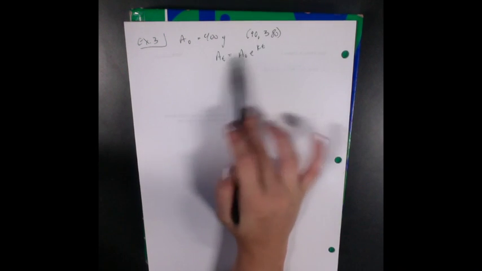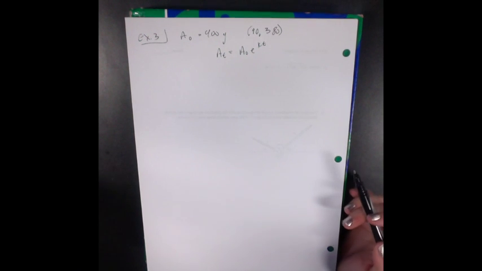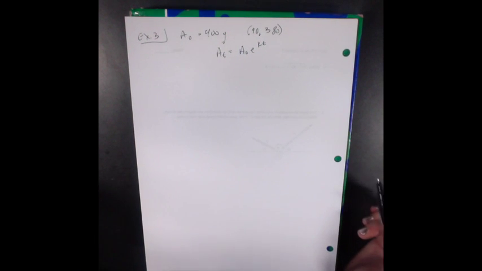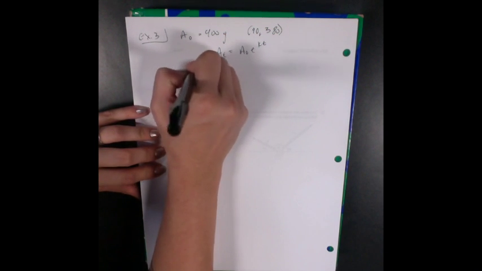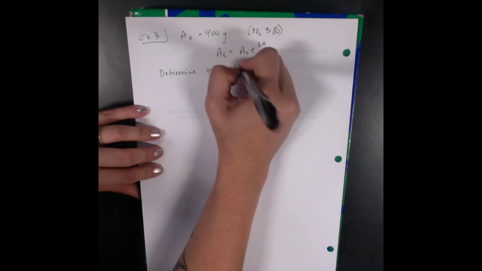We're going to keep it like this. This is still the formula we use to plug in. It's just going to look different when we solve for k. And the problem says determine the half-life